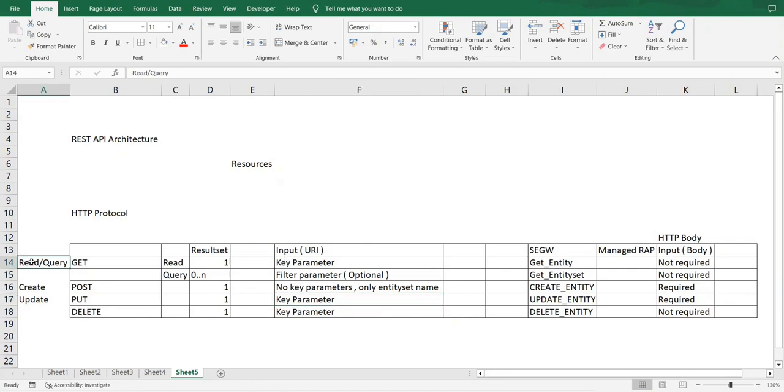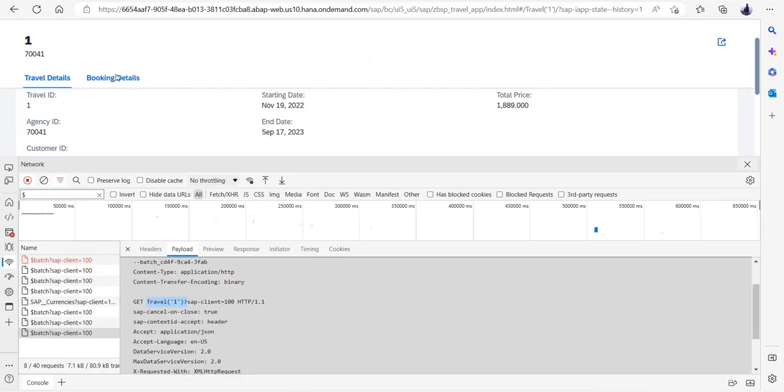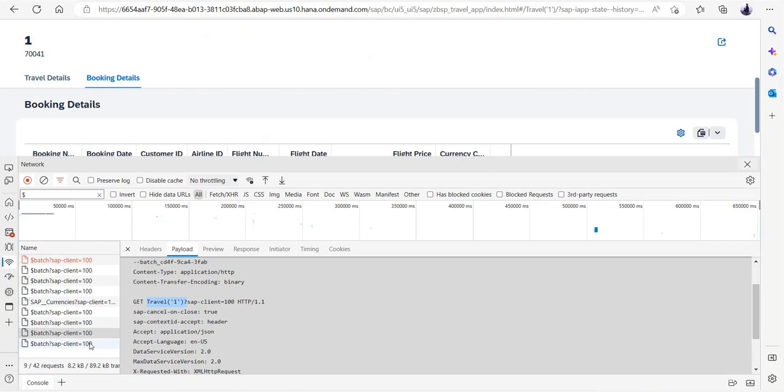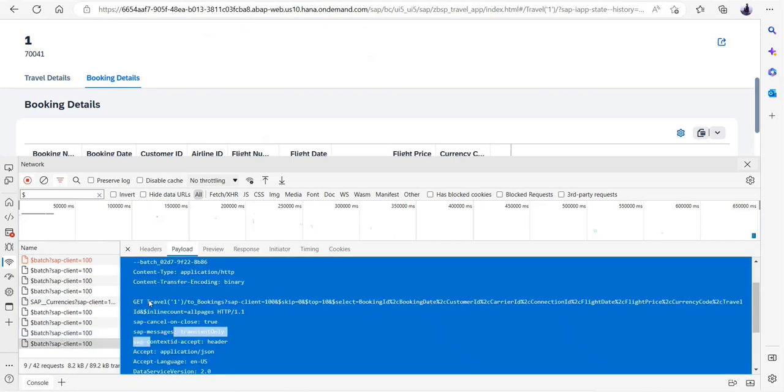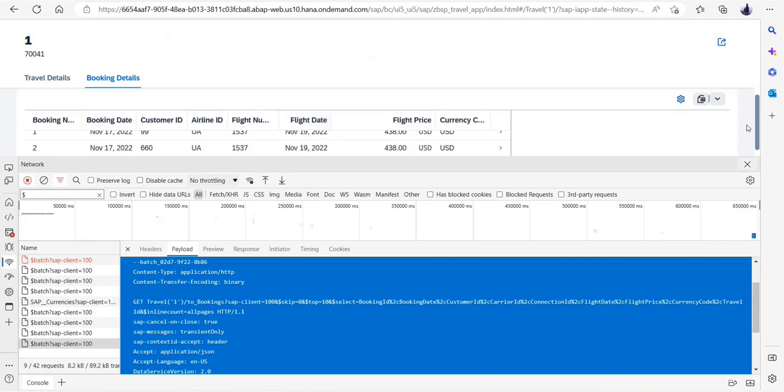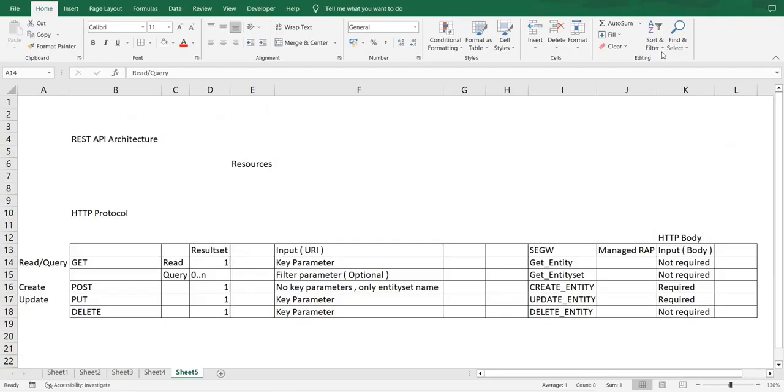Okay, so we have already learned the read and query because this is something that we were seeing, I guess, all this while you were opening the object page. For example, if I just go over here, while you are clicking on booking detail, you would also be seeing that, okay, there is another call which is getting triggered by using the navigation, by passing the key, and its relevant bookings are being derived. So these are all the things we have already seen. But for the create, update, delete, which is the main magic of wrap,